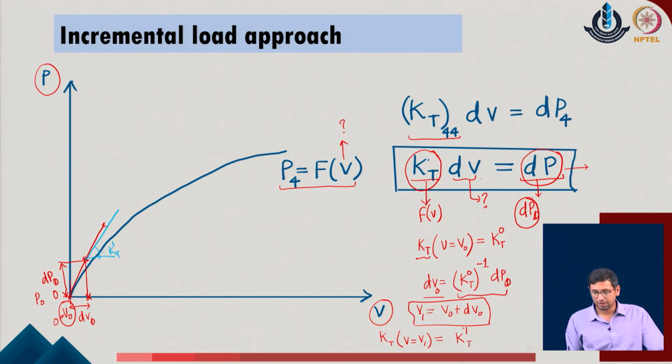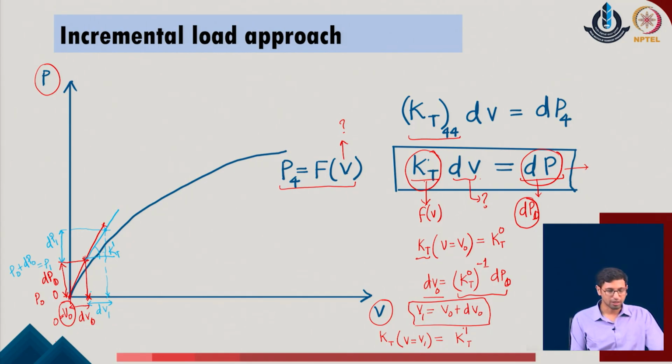Now, as I provide this kT1, I will go with one more increment in the given system. So, let me say that the first increment which I defined took me to a load value of P1. P1 is equal to P0 plus dP0, the first increment plus the original load, and that gives me the P1 value. From here I will get the new increment, say dP1, and with respect to this new increment of dP1, I will come down to the given system over here and locate the value of this new increment. So, this will be dV1 in the given problem.